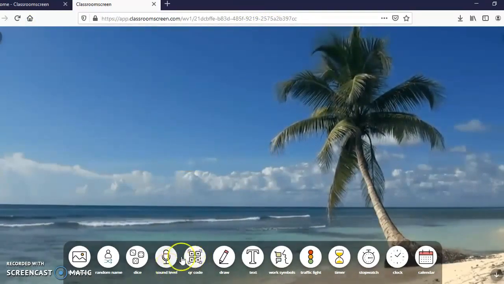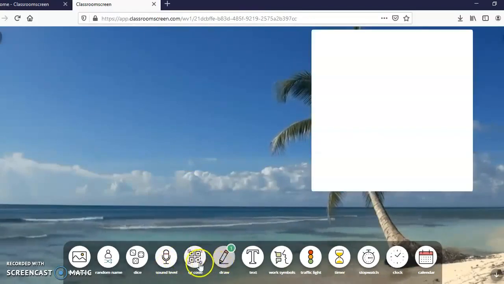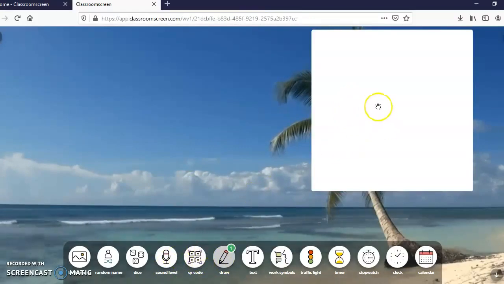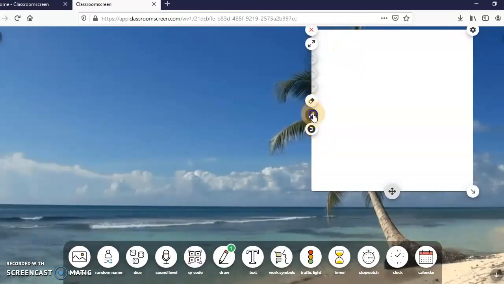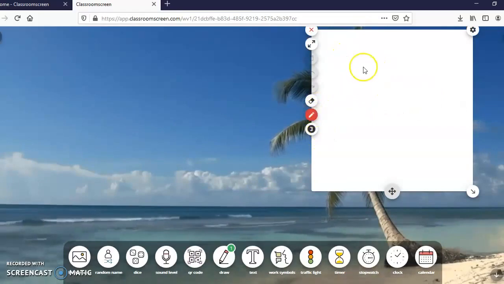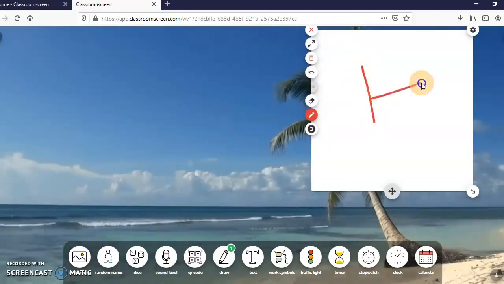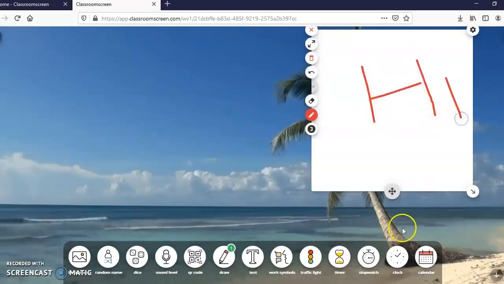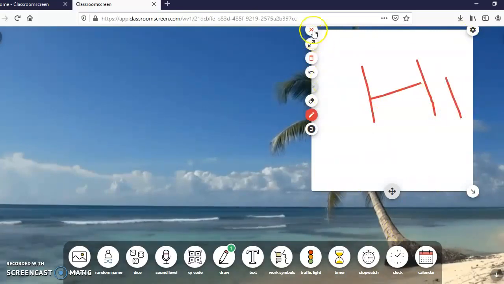So next is draw. Before that, QR code is there. I will tell you that later. In the text box, you can type anything. You can choose any pen. You can choose the color, and you can type or write anything you want. Suppose I want to say hi to my students, or I want to draw some diagram. I can do that with the help of